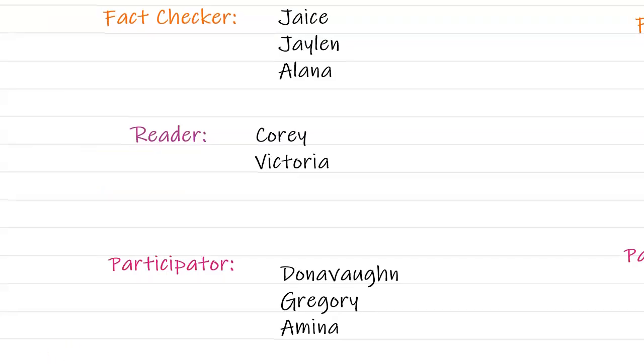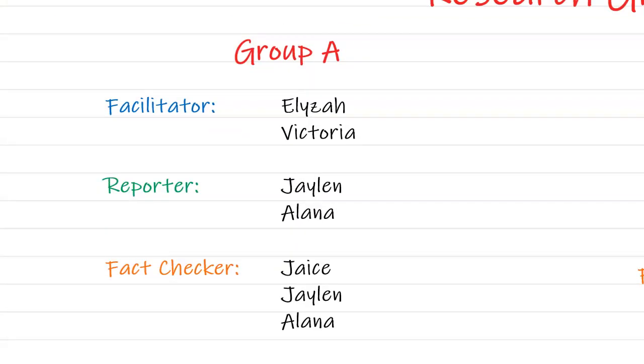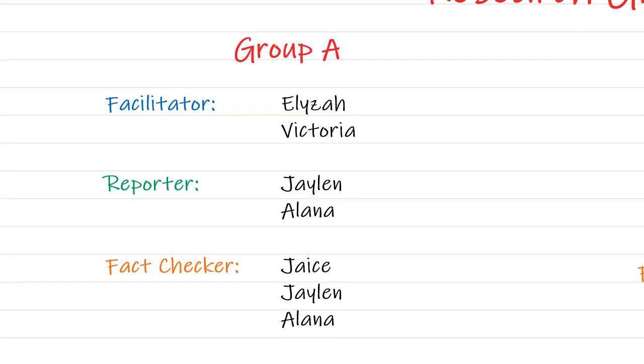First, I made groups. I had a couple different groups in my class. Both had facilitators, who were the people who led the meeting, who maybe called on kids and made sure people were taking turns. They would share their screen to the text. The reporter would come back to me in the large group and tell me what they discussed. The fact checkers were responsible for making sure that the answers were from the text, that they had evidence from the text that supported their answers, which is one of our learning targets.